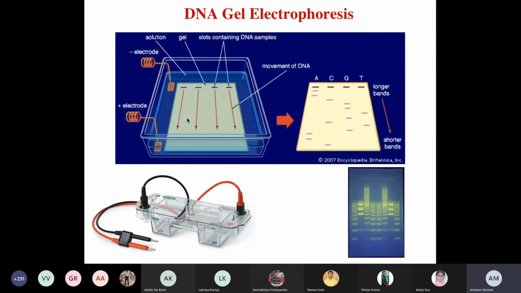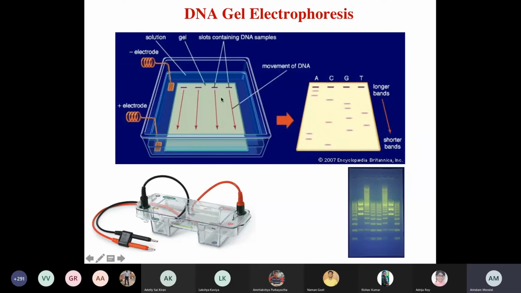Here, you take the tray and melt some agarose. Usually it remains in the solidified form, but if you heat it up, it gets melted. Once it is melted, you pour it in the tray so that it can take up the shape of the tray. Once you cool it down, it will solidify. While solidifying, you add a comb kind of structure so that you can form holes in this agarose slab. These are the individual holes.